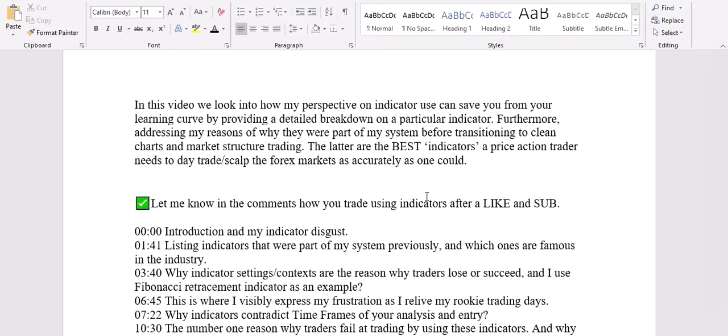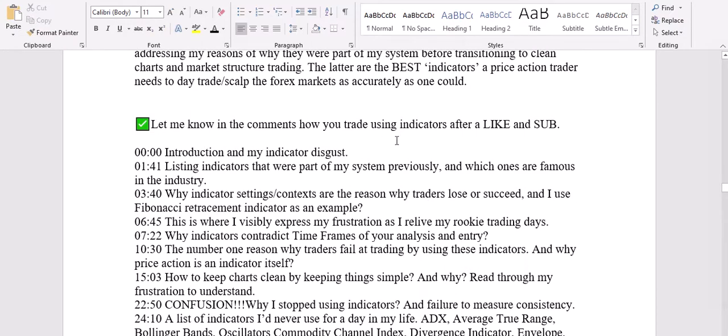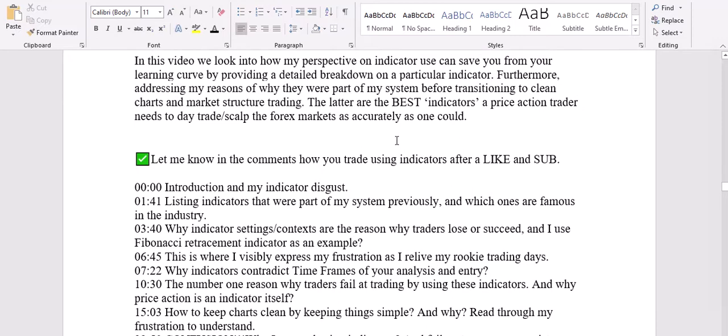Let's see which one is better, which one would you go for. And let's start with this. Before you actually tell people why you want them to like and subscribe, introduce yourself to them, because people don't normally like or subscribe to a channel without you introducing yourself efficiently as you can. So please be mindful of that.